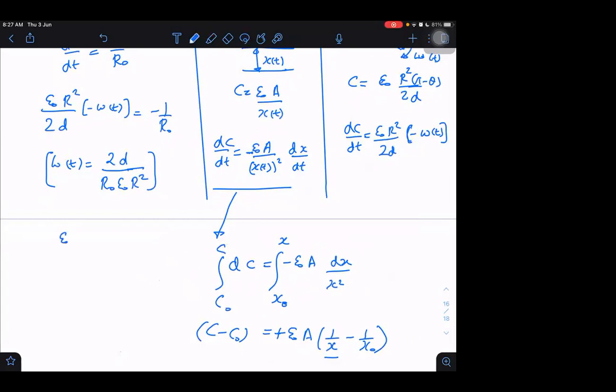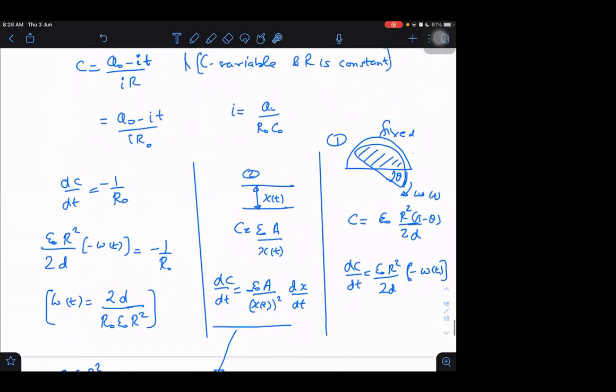Use the formula epsilon naught A by d is equal to, for the capacitance, pi C naught r square by 2 area. Epsilon naught area by d is equal to c naught. So what is epsilon naught by d? Epsilon naught by d is equal to 2c naught by pi r square. So just replace epsilon naught by d from here in this entire equation. Then we will get omega t in terms of known variables.